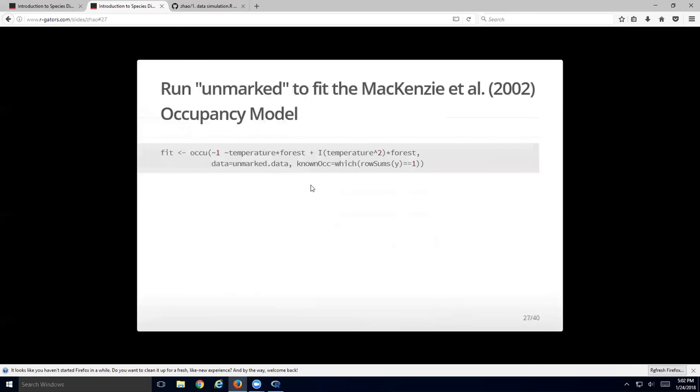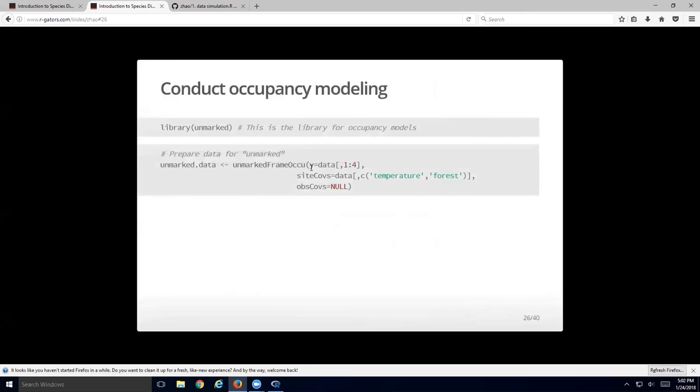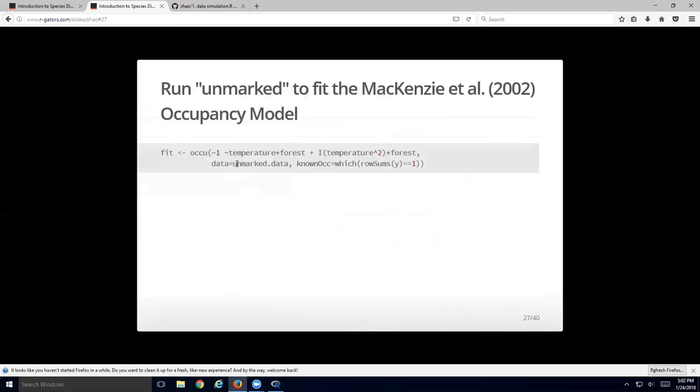Then we use this form. It still looks like a formula similar to a linear model, but here you don't need to specify your response variable, because in the last step you already have this y equals data 1 to 4. That will be the response variable. So when you use this unmarked data, the function knows what the response variable is, but it doesn't know what kind of